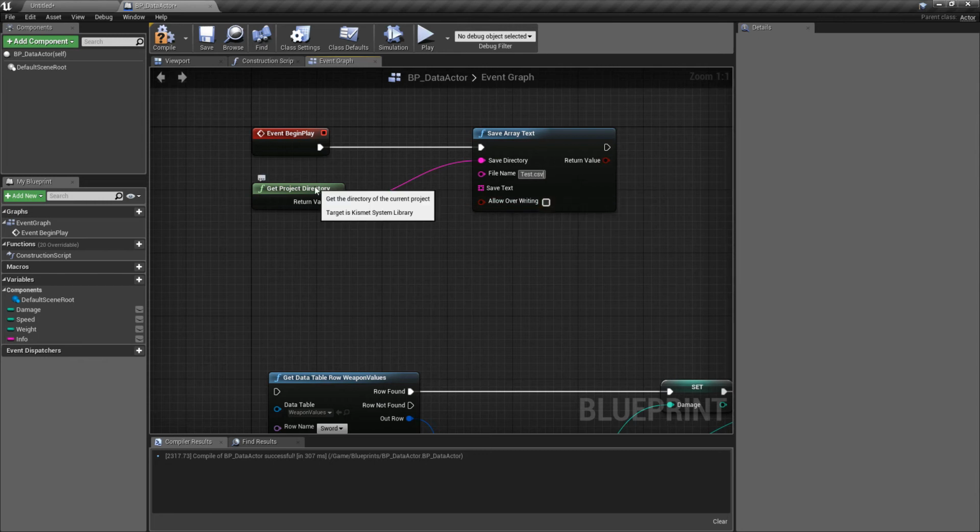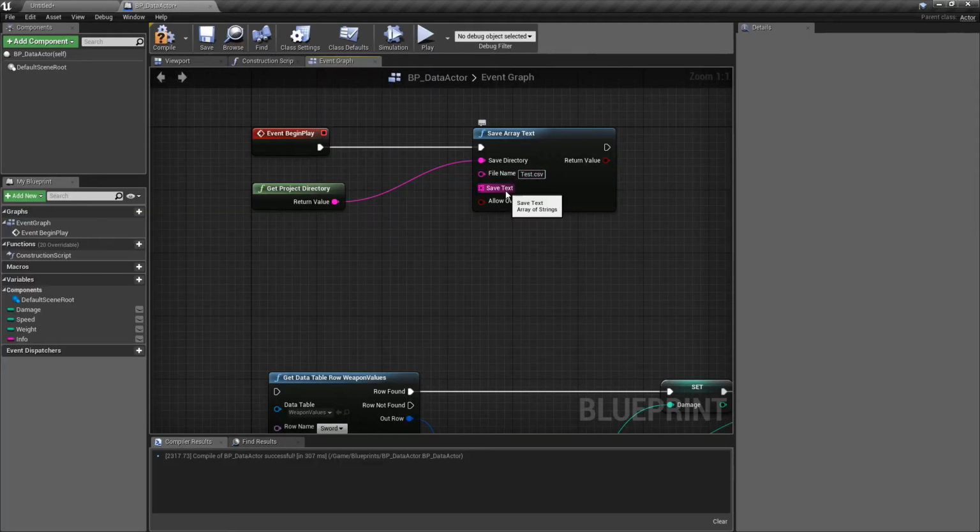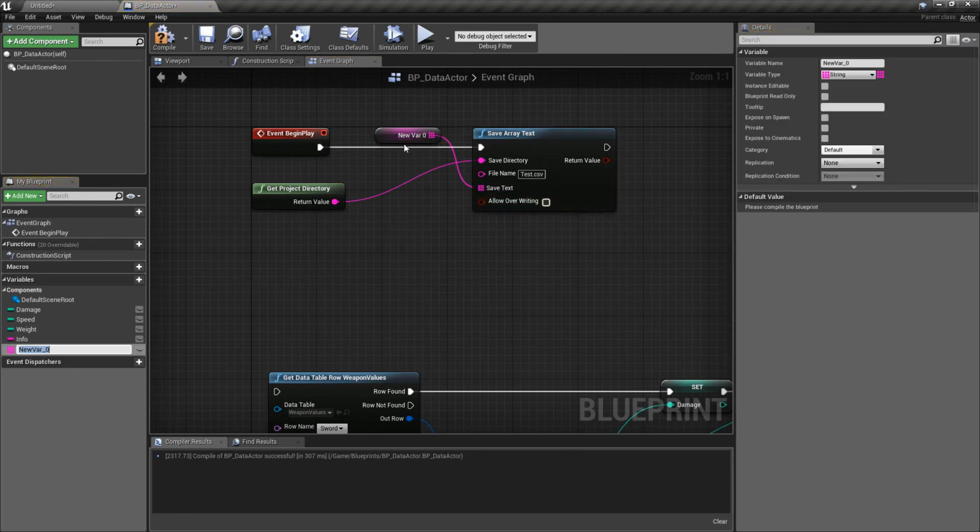This just means that if we wanted to load this back into something like Excel or even back into another project or this project, then we can load this in as a CSV file like we've done previously inside of our data folder just here to be used in the structure class. And finally, we want the text that we're going to save to our file itself. So I'm just going to right click on this and promote this to a variable, and we'll call this the file text,